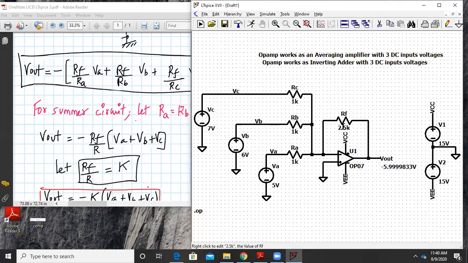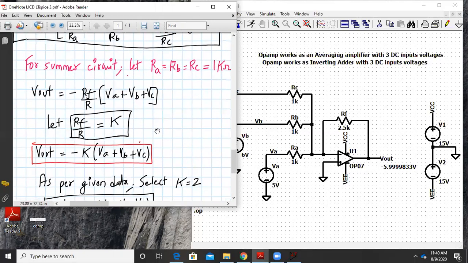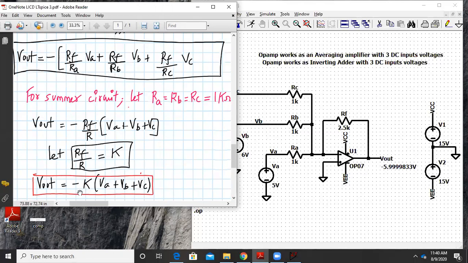Okay. So let us try that now. In our case, we have not decided yet how much input we have to give. So let us see that we'll give 111. 111 means VA, VB, VC as 1, 1, 1, and K is 2.5. So that means it will be 2.5 multiplied by 3. So the answer would be close to minus 7.5.